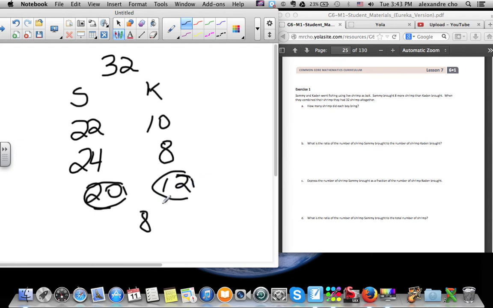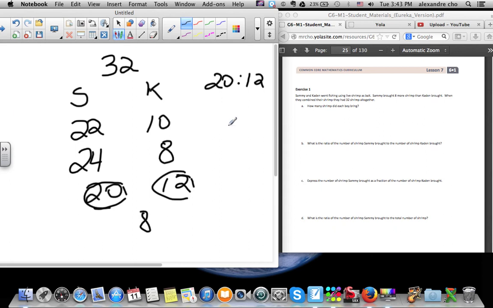Okay, what's the ratio? The ratio is going to be 20 to 12. Every time Sammy brings 20, Caden brings 12. So there's your ratio. You can simplify it if you want. Next: express the number of shrimp Sammy brought as a fraction of the number of shrimp Caden brought. Okay, so Sammy brought